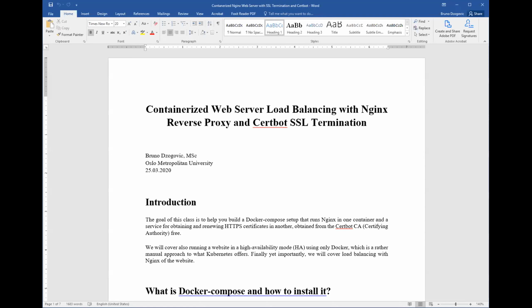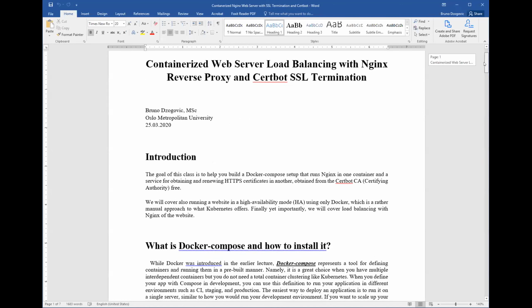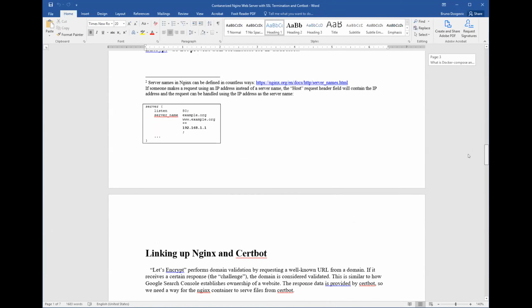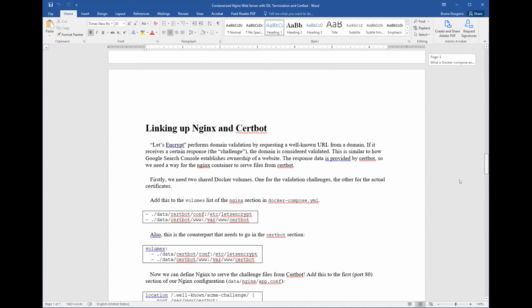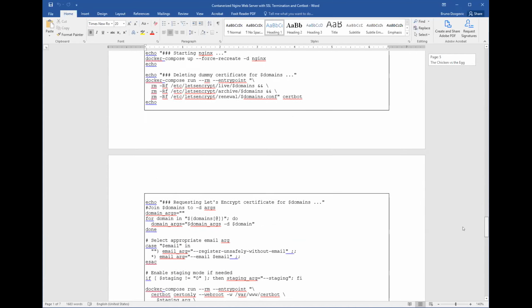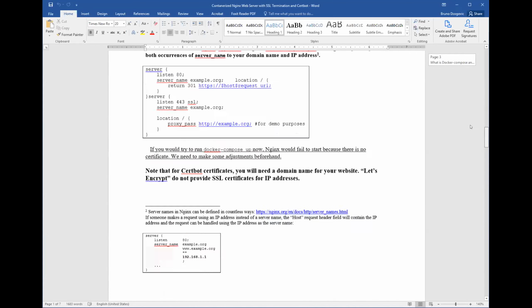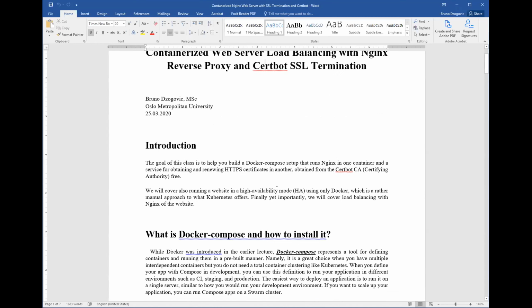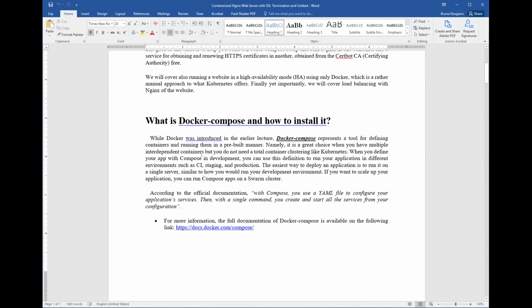Don't worry, I will explain this through a diagram as well, and you will have a more comprehensive overview of what is happening. I will provide you all these documents as well as something extra. So this is additional: how to link Nginx and certbot. I have everything ready. I have provided some scripts here for you, so I think this will work out of the box. You can try all these things if you want to run something in high availability. Before we go to Kubernetes, this is also good to try and know.